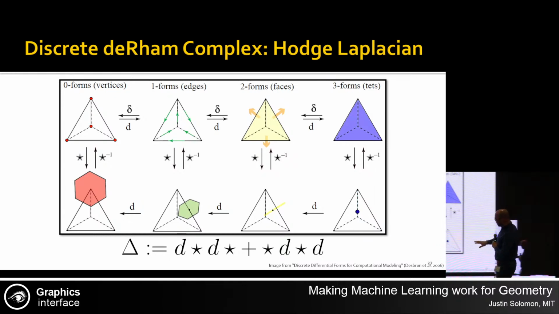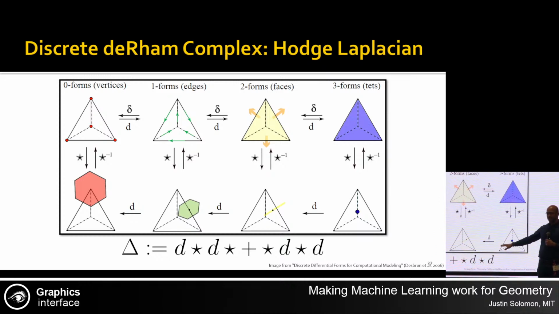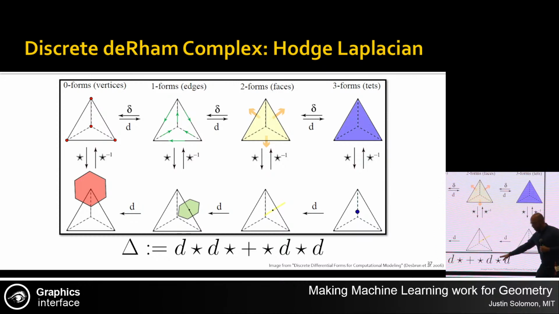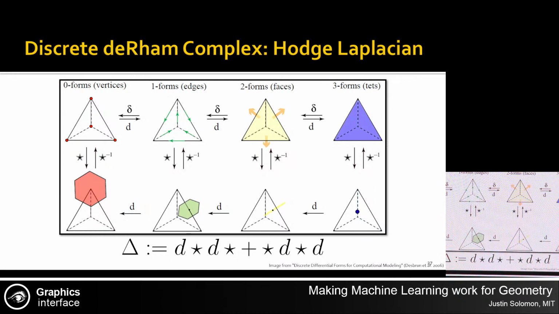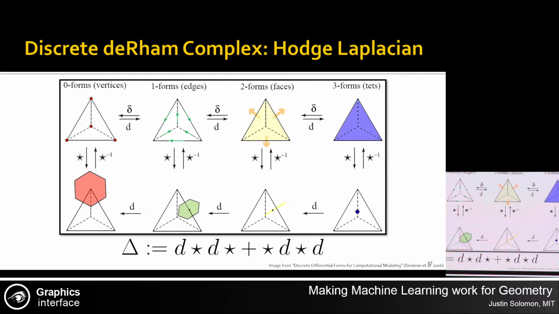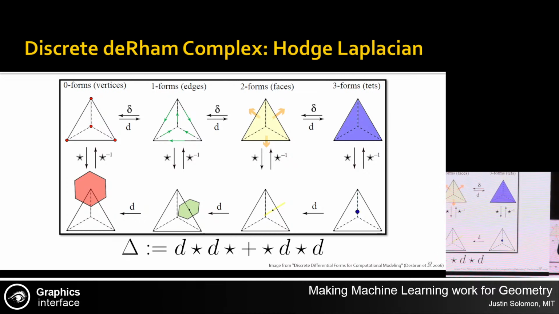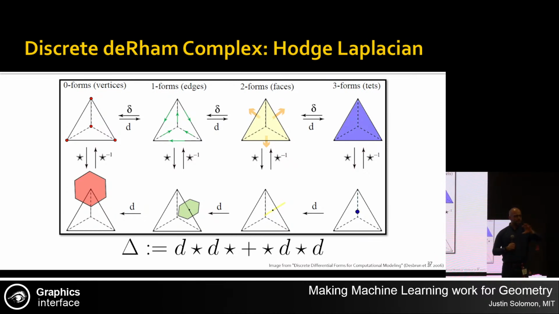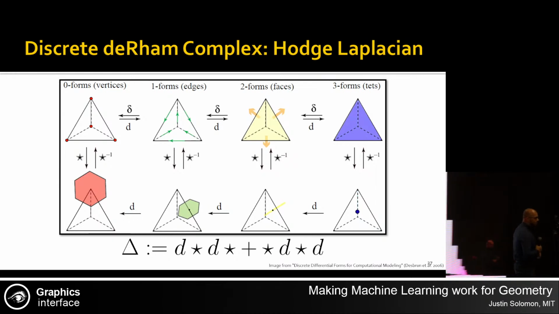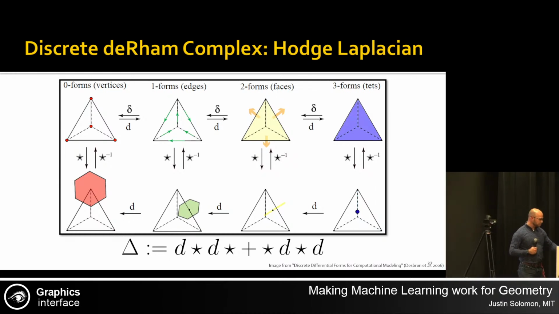Essentially what we do is we build up our matrices, like this Laplacian, out of diagonal things. That's these Hodge stars, which are like one number per vertex or edge of a triangle mesh, and these Ds, which are combinatorial. So even if you want to ignore all the fancy exterior calculus math here, coding these is pretty straightforward. And at the end of the day, we can replicate a lot of geometry processing using basically two diagonal matrices, these two stars here. And so essentially what we proposed was to make those stars learnable.